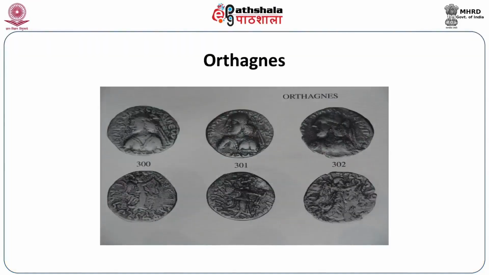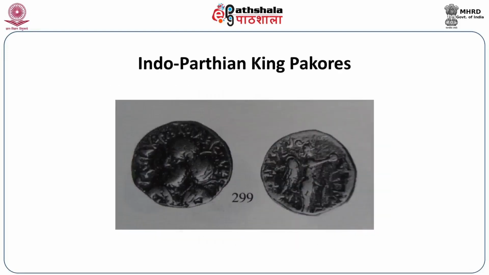The successors of Gondophares, one of the very important successors was Orthagnes. He issued a series of coins where we have the bust of the ruler, and you can see the Parthian element in the iconography, in the face, and on the reverse we have representation of Nike, sometimes Pallas Athena. So these kind of devices continued. Then we have representation of the Indo-Parthian ruler Pacorus. Pacorus too used winged Nike, bust of the king in the obverse and winged Nike on the reverse.